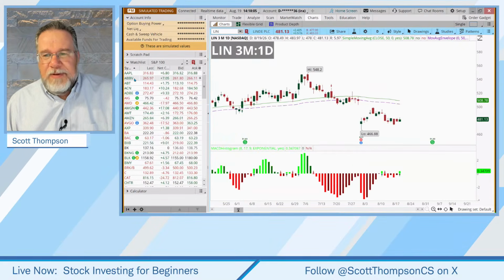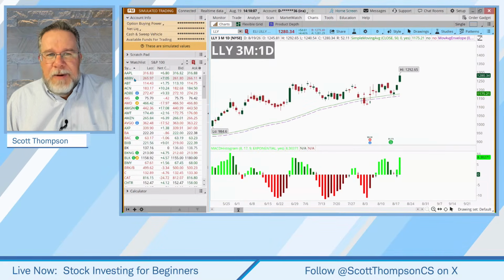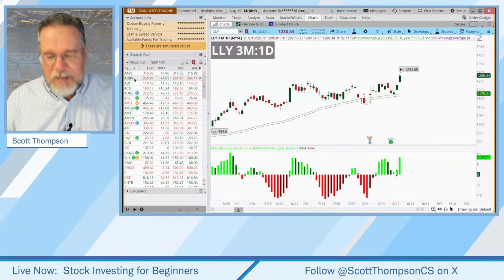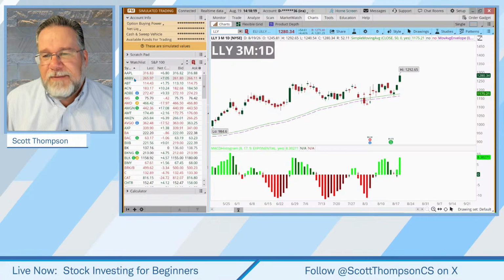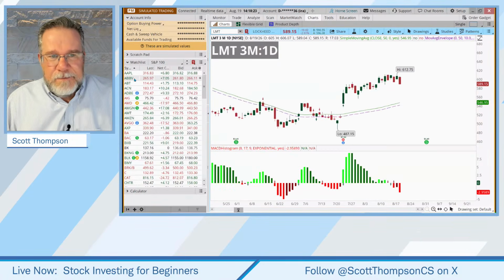Coca-Cola, below the moving average, done. Above the moving average, Eli Lilly. This one's really expensive. We don't look at this one very often just because our portfolio is so small, but this has a valid buy signal. Nice breakout today. Green arrows on the MACD and the moving average is rising. So that one's a buy signal within 2 days.